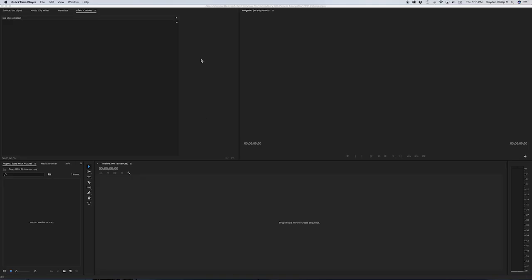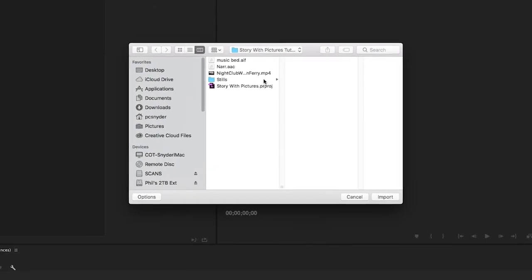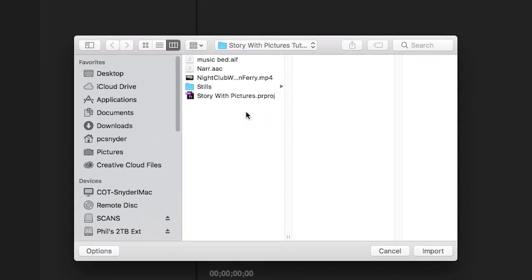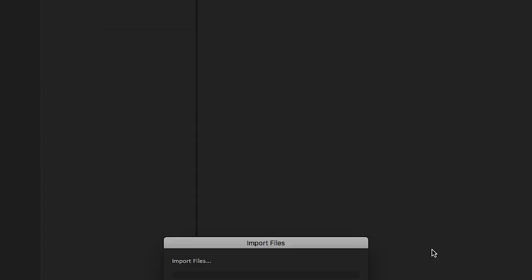So let's get started. I've got Adobe Premiere open now, and we're going to import the assets for this tutorial. So Command I for import. I've got it in the Story with Pictures tutorial folder. We're just going to shift select all these assets. We don't want to import the file itself. And then click import,